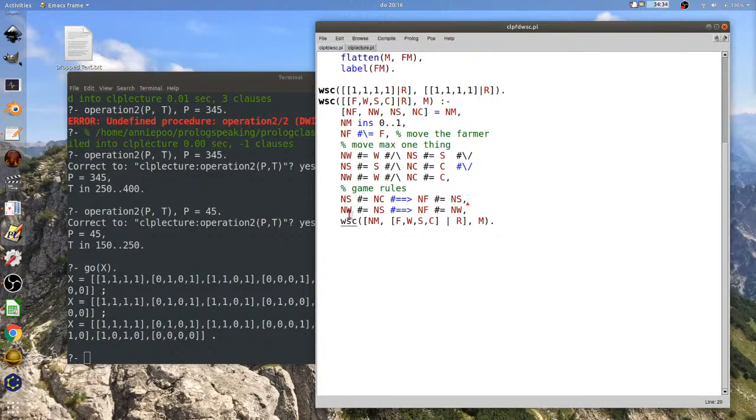This is reification again. If the wolf and the sheep are together, then that implies that the farmer is with the wolf.